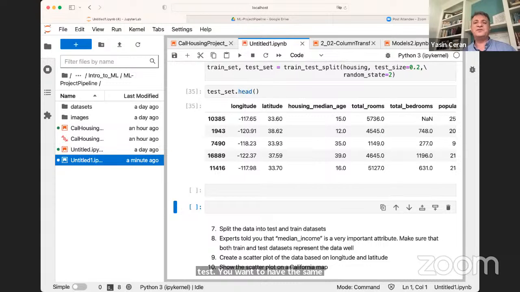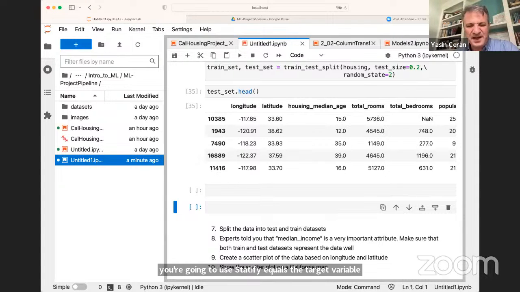What is that? 90% students, 10% professors in the train, and 90% students, 10% professors in the test data set. If this is a classification problem, let's say you want to predict who is a professor and who is a student, right? So when you make the train test split, you're going to use stratify equals the target variable when using train